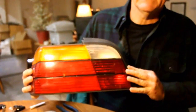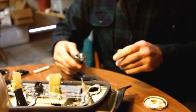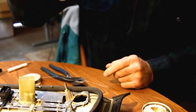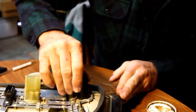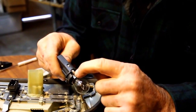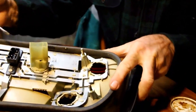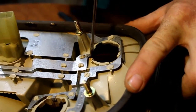This is a taillight assembly from a BMW, and the way this works is the light bulbs go in these sockets or these receptacles, and then these go into the taillight assembly, and connection is made through these metal contact points. And the problem with this assembly is one of the contact points is shorted out and